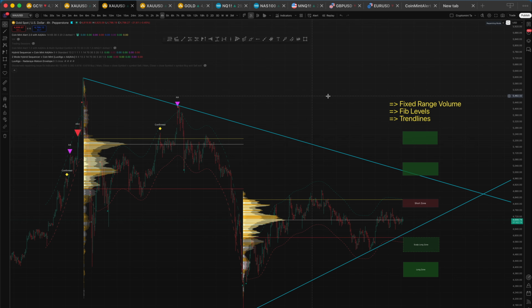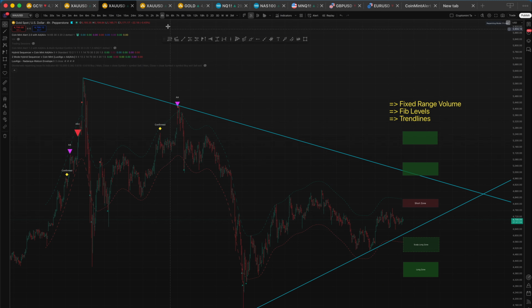So today I'll be teaching you how I use the fixed range volume tool, the Fib levels tool, and the trendline tool. So first we start with the fixed range volume tool. I do use this fixed range volume, okay? I'll be doing it from a 4-hour time frame. It's better to start with a higher time frame so that you see the overall price